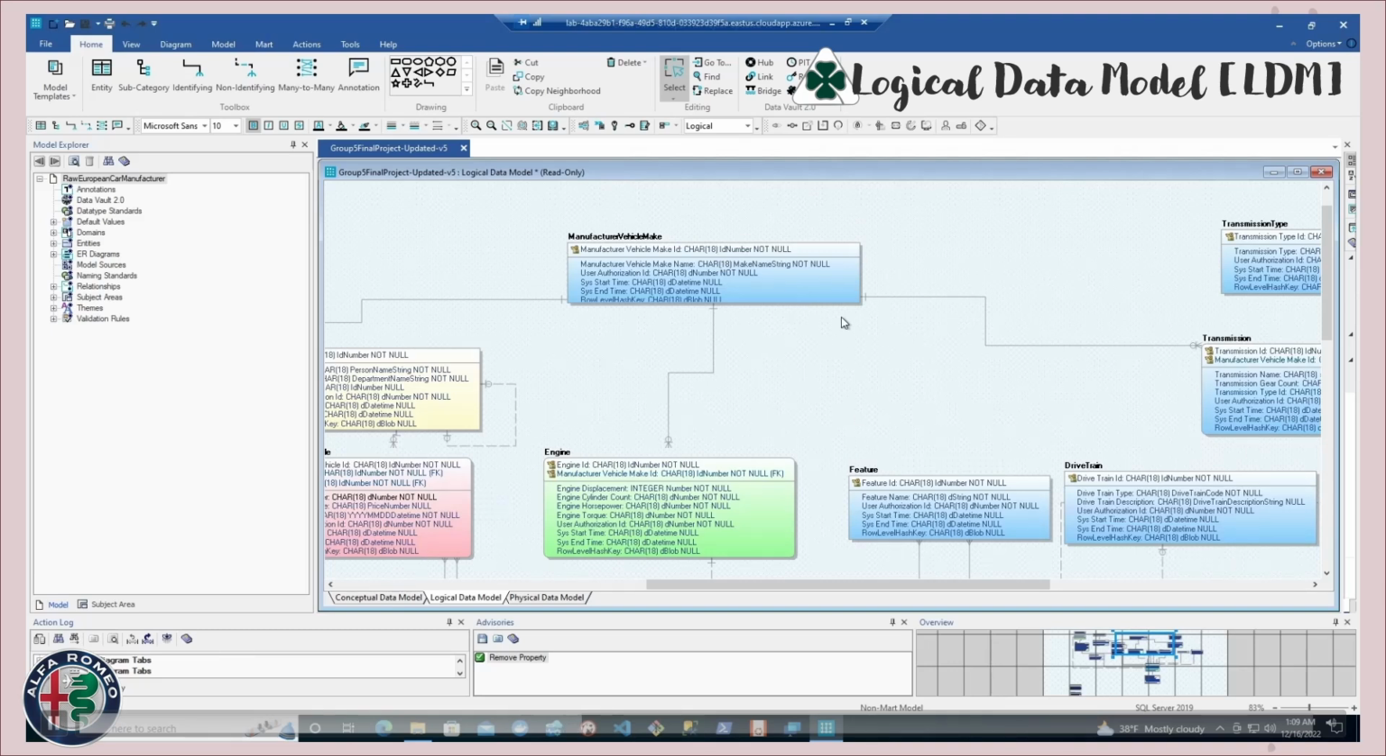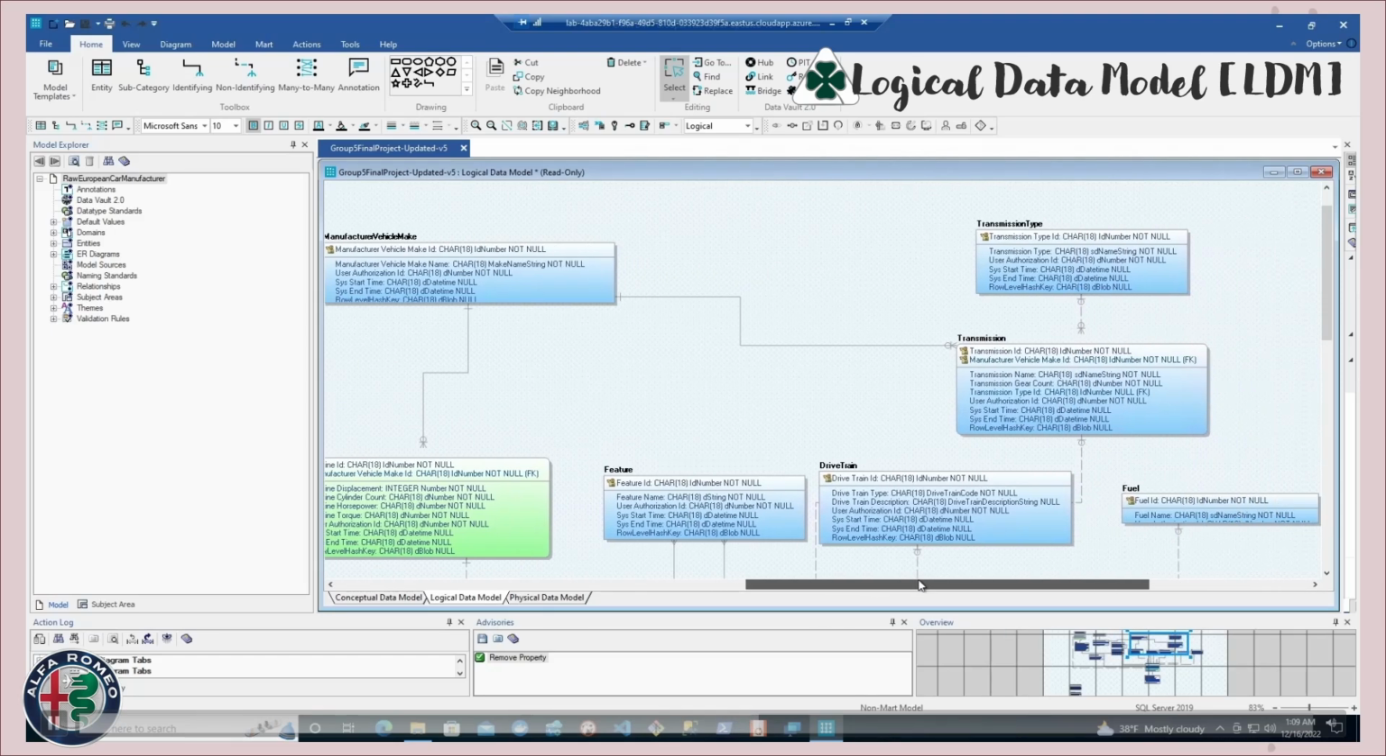Manufacturer vehicle make. Pretty simple, just the vehicle make ID for the primary key. Then we have the name of the make. The name of the make, yes. So for example, Audi, Mercedes, BMW, those are all names of the make. And then we have transmission, the name of the transmission, and then the gear count that all associates with the